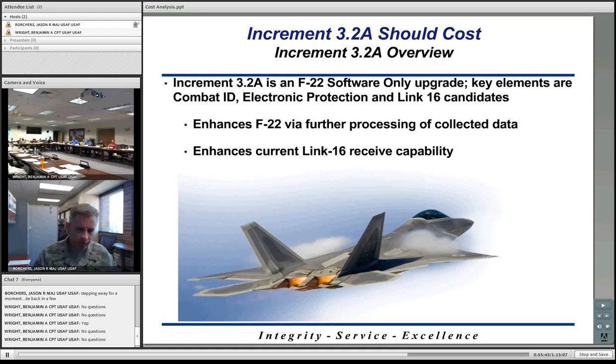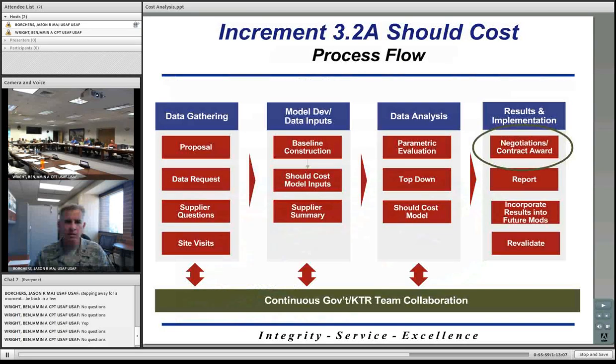Okay, there were 4 primary steps that the F-22 program office took in order to develop their should cost estimate strategy. Step 1 was data gathering. Step 2, they actually took a look at the data and developed their own model, their should cost model, what they thought the 32A and subsequent increments should cost. They then did some data analysis to include some cross checks. They basically asked the question,